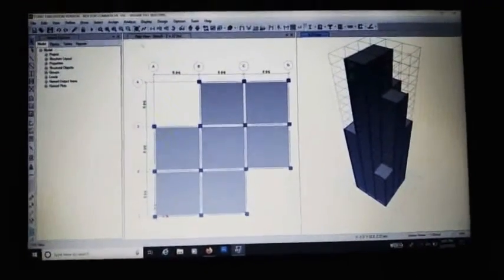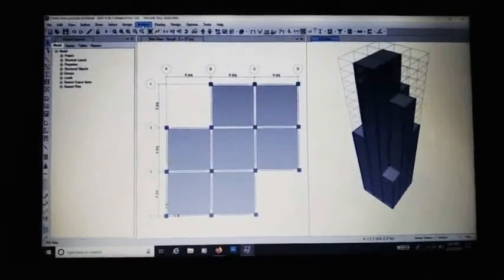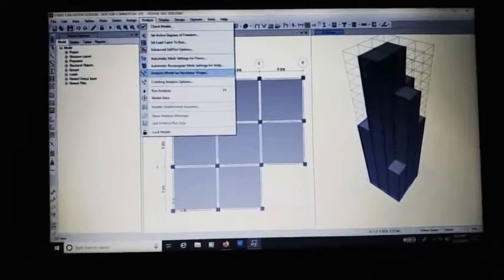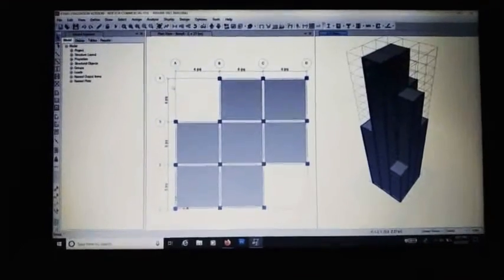Now in the last part of the building we have to analyze the building. Run analysis.